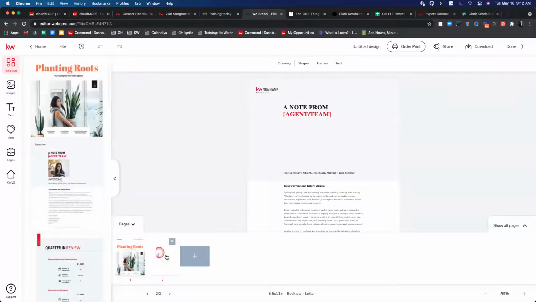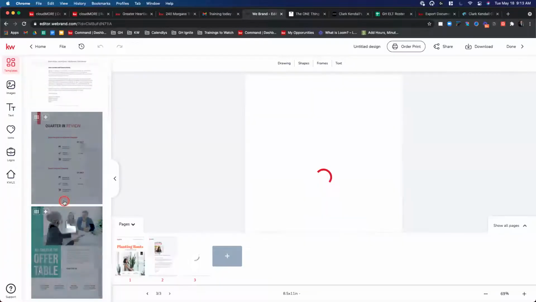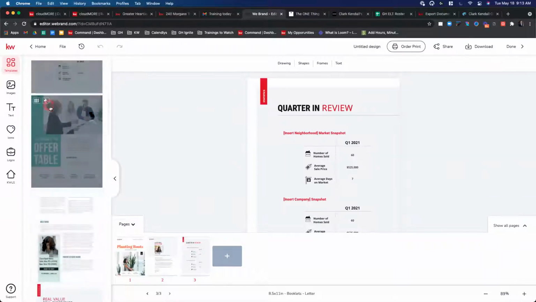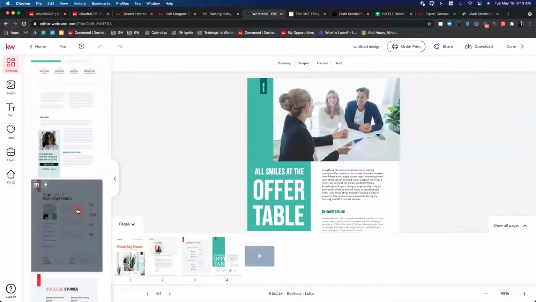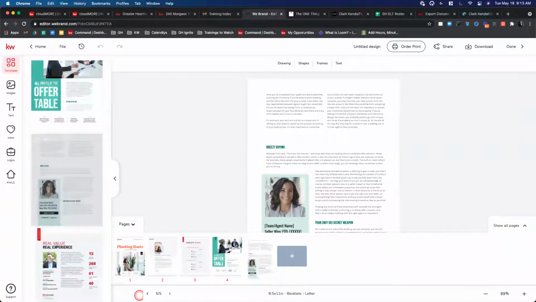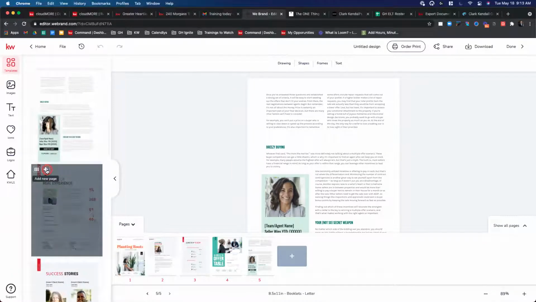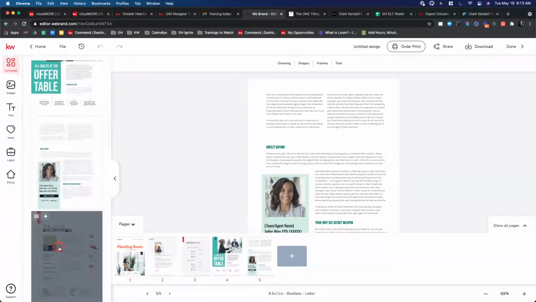You'll notice here it's adding all my pages down here. We're not editing this just yet. Here's a quarterly number review that we can put in there for some housing stats, or maybe specifically my stats. Here's our first article. It says all smiles at the offer table. I'm going to add this first page of the article. And there's a second page of this article. So already we're up to 5 pages that we've added here. See, 5 out of 5, getting all these together. I could do a little additional value proposition page, a little highlight of my business. What I'm actually going to do, I'm going to bypass this one, because I would say, and you can use both.